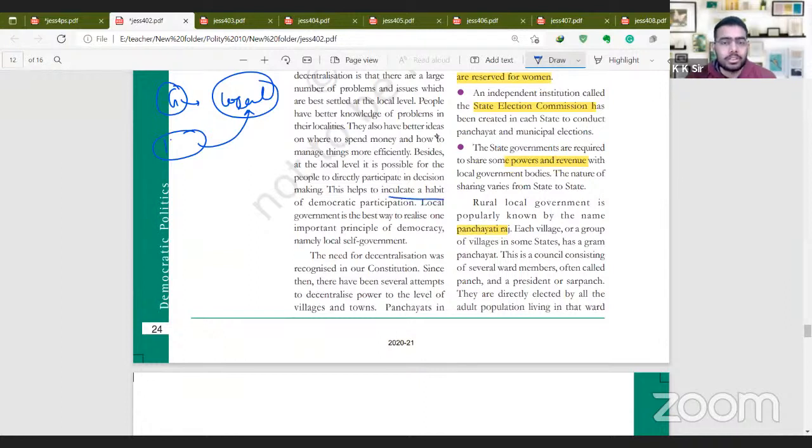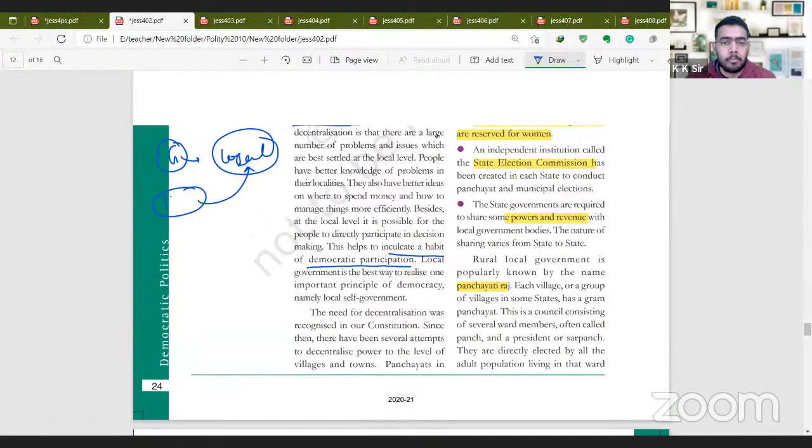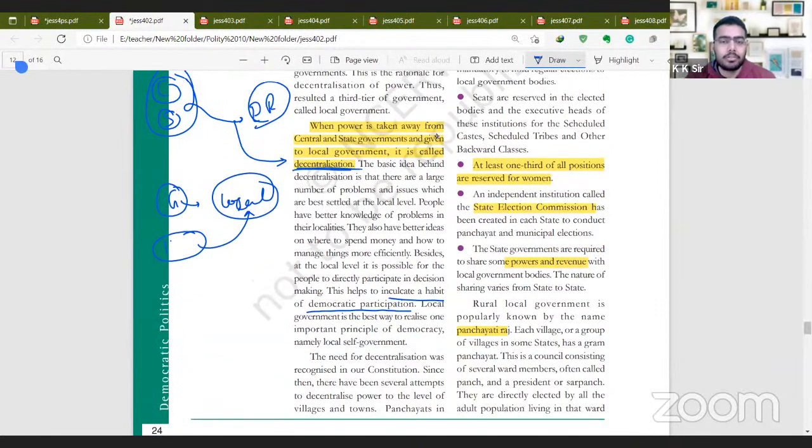This helps to inculcate a habit of democratic participation. People start understanding what democracy really means. But we will read about this in detail. हमारे 11th क्लास में फिर एक चैप्टर है. But we will see that initially this faced a lot of problems because nobody, neither center nor state, was willing to give it power to